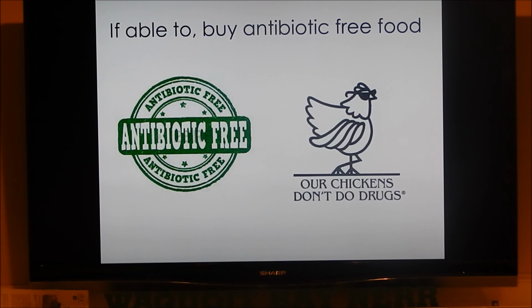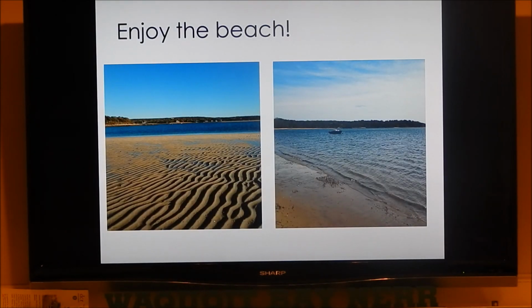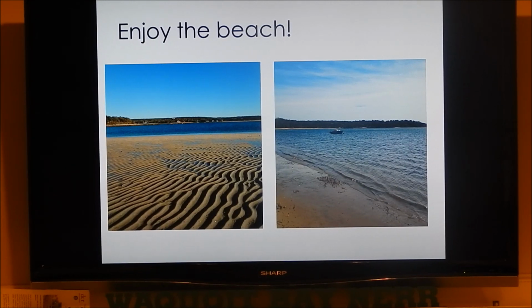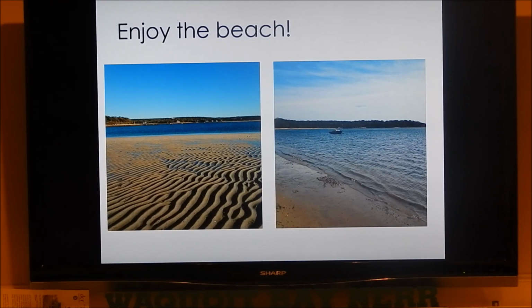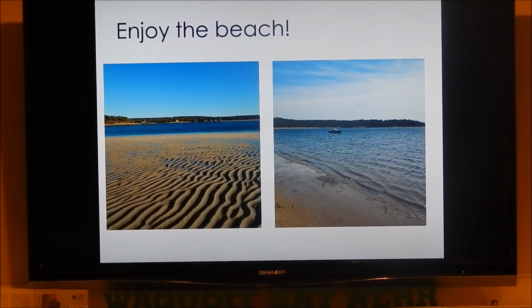And then finally, to wrap up, in conclusion, we're just beginning to understand resistance at our beaches. It'll be a while before I've collected all the rest of my data, tested it and analyzed it for our complete data set. But despite that, it's important to remember that we as humans impact our environments. And antibiotic resistance is a major problem that needs to be understood to better protect human health. So overall, resistance is something to be concerned about and to continue studying and thinking about, but it shouldn't stop us from enjoying the beautiful and safe beaches that we have around us on the Cape. So that's all I have for you this evening. Thank you for coming.